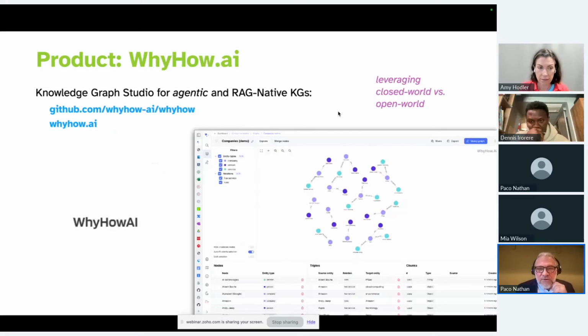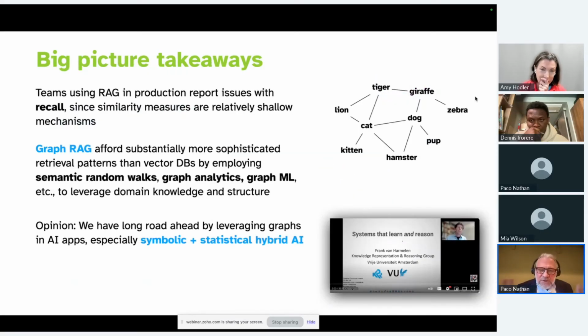Another one that I'll point to, the folks at YHOW, I think, are doing this kind of work really well, taking a look at structured and unstructured data, building up graphs, using those to build agents, etc. Tom Smoker and team have a very good view of leveraging closed world versus open world hypothesis in the right ways. Overall, this really does speak to the blending of hybrid AI, symbolic AI and statistical machine learning being put together. I highly recommend a talk by Frank van Harmelen, who describes that in more detail.